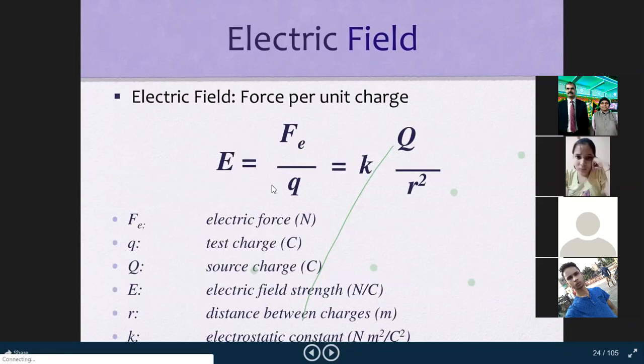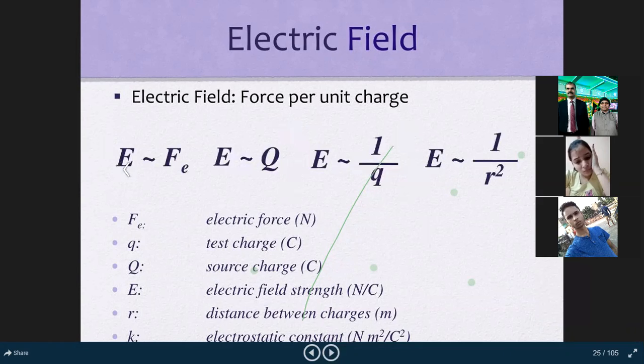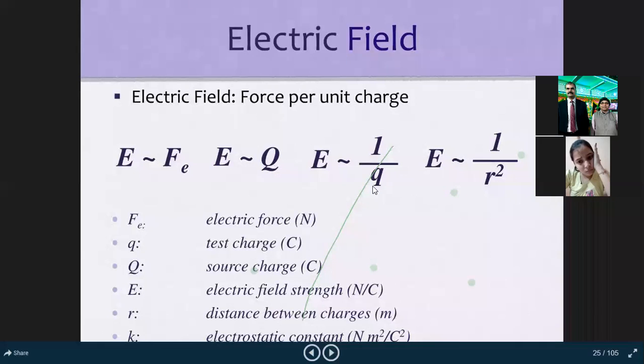ये फॉर्मूला हम पहले से जान रहे हैं क्योंकि 2 फॉर्मूला चाहिए था इलेक्ट्रिक फील्ड के लिए, तो 2 फॉर्मूला यहाँ लिख दिया गया है, एक F E/Q, एक KQ/R²। दूसरा क्वेश्चन क्या था कि इलेक्ट्रिक फील्ड इज डायरेक्टली प्रोपोर्शनल टू इलेक्ट्रिकल फोर्स। अब देखिए, इलेक्ट्रिक फील्ड इज डायरेक्टली प्रोपोर्शनल टू सोर्स चार्ज, और इलेक्ट्रिक फील्ड इज इनवर्सली प्रोपोर्शनल टू टेस्ट चार्ज स्मॉल q। अब लास्ट में क्या, इलेक्ट्रिक फील्ड इज इनवर्सली प्रोपोर्शनल टू स्क्वायर ऑफ डिस्टेंस। तो ये लास्ट क्वेश्चन का सारा पॉइंट्स है।